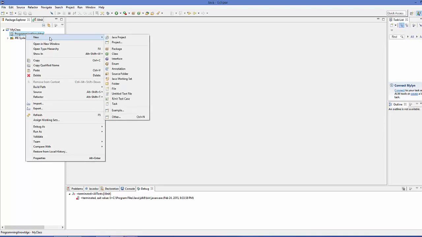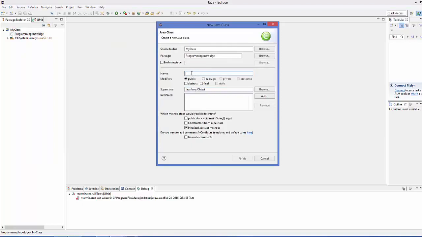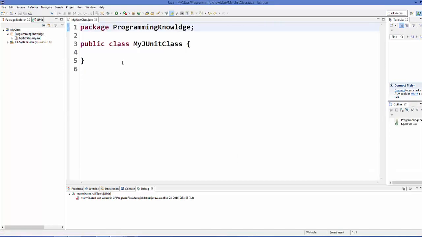So create new class, and this class name we will name it as my JUnit class. Okay, and click finish. So this will create a class for us, and in here we can write our program,